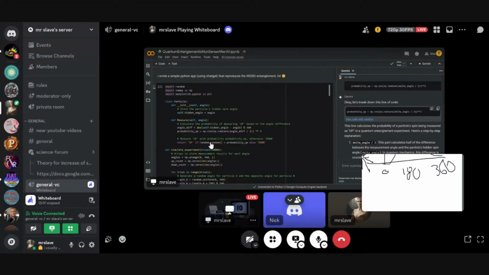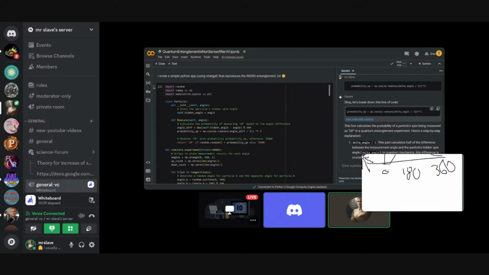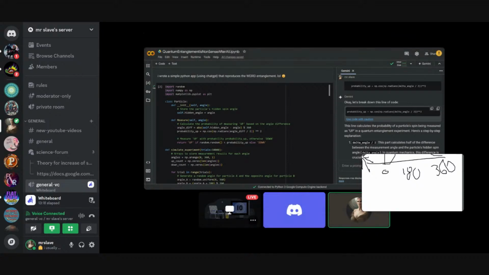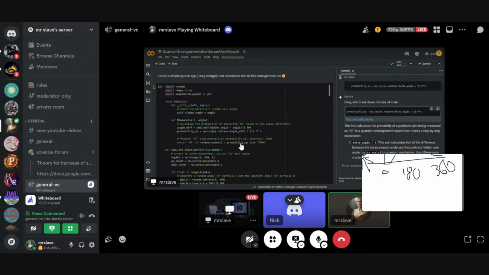Let's assume random is between 0 and 1, and probability up is between 0 and 1. So now it's 50-50, right? So if random is less than probability up,